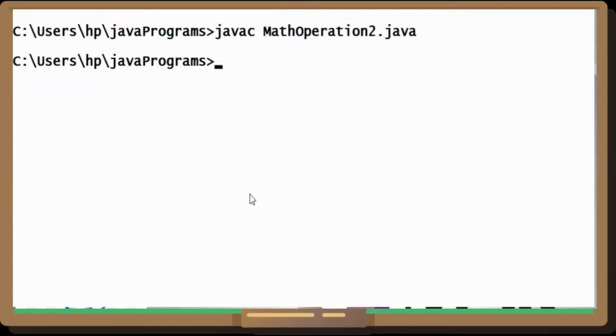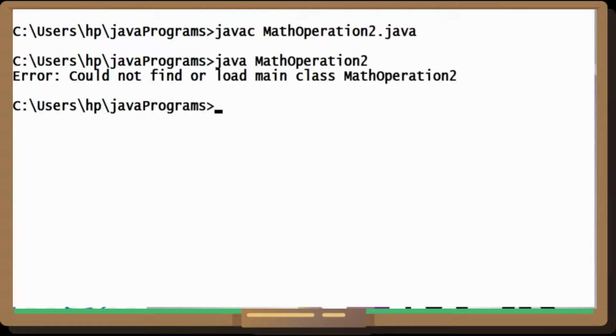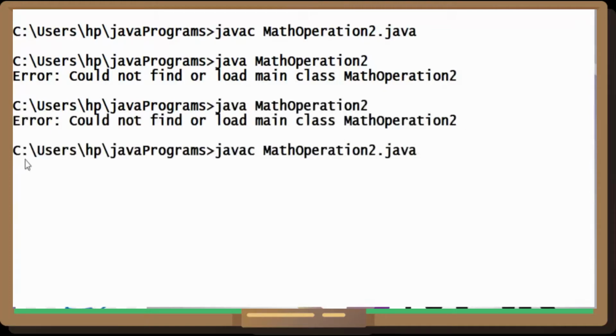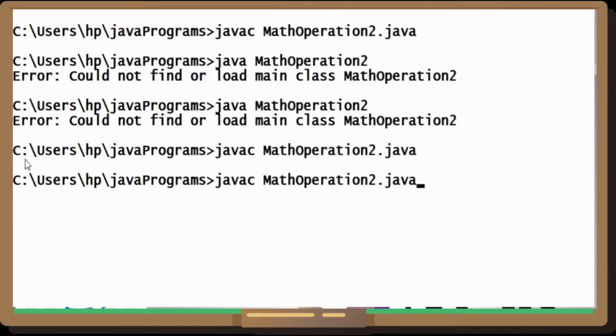So I've just changed readLine to readInt, and now I'll compile this and execute it. Okay, fine, I understood the mistake I made. I have not renamed the class, so I'm renaming the class to MathOperation2. I'm sorry. I'll compile this and now execute the code.